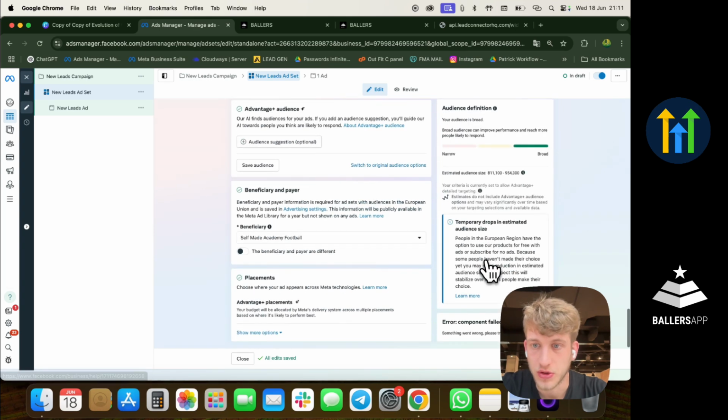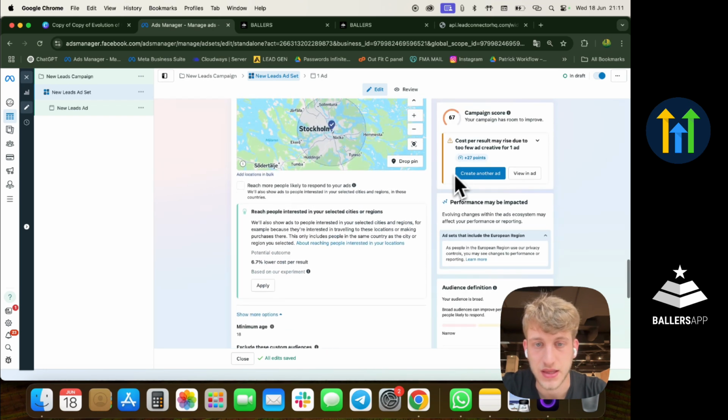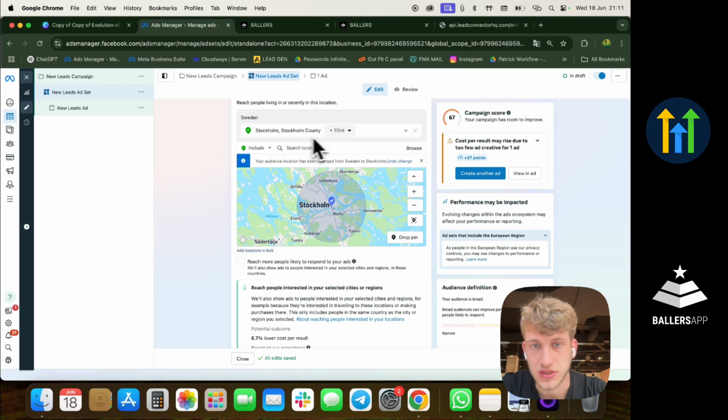Also make sure that the audience is above 400,000 people. So here you have an audience size. It should be above 400,000 people. In case it's less than that, you can increase the radius a little bit, but try to keep the radius as small as possible